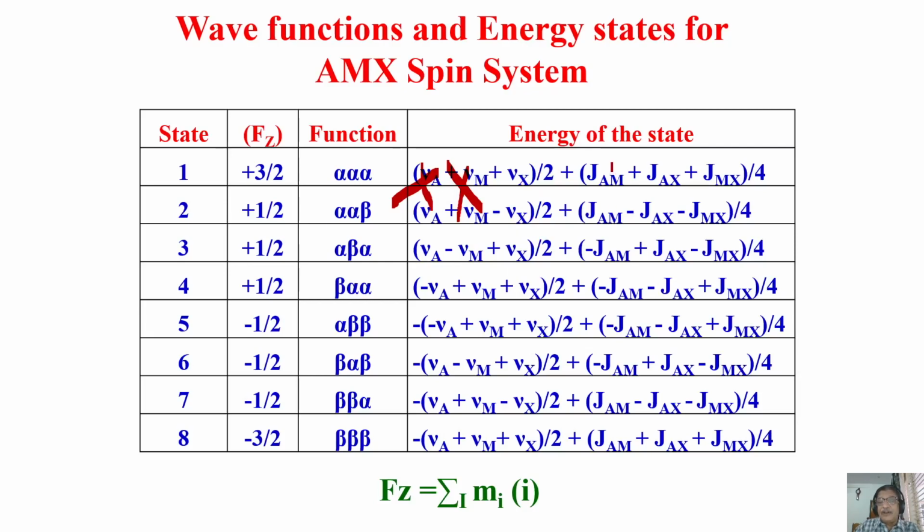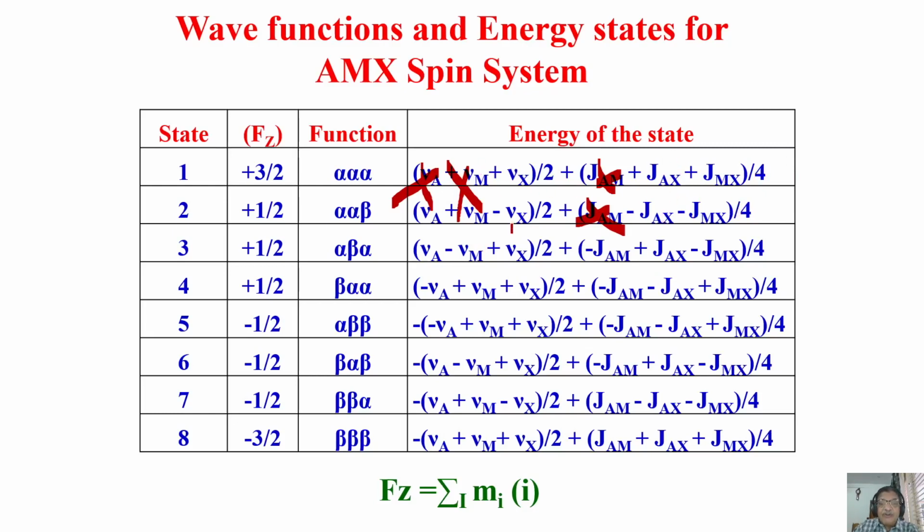And then when I take the difference, this will cancel out, this will cancel out, and this will add up, and this will add up. What does it mean? At the center of the chemical shift position of nu x, from that position you have one peak you have observed whose difference is plus J x, plus 2 J m, I'm sorry, J by 2 is there. Okay, in this sense, J ax by 4, J ax by 4, it will become J ax by 2.